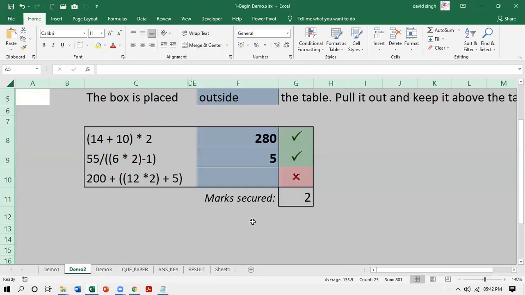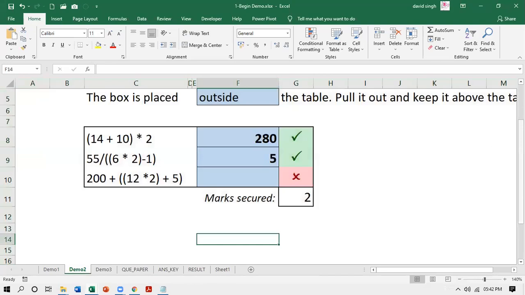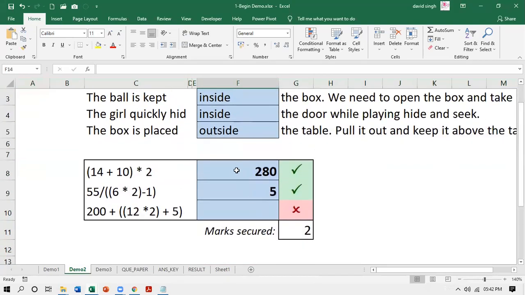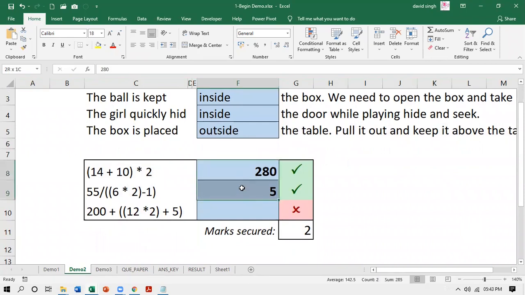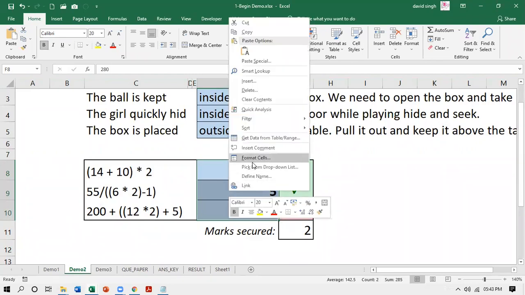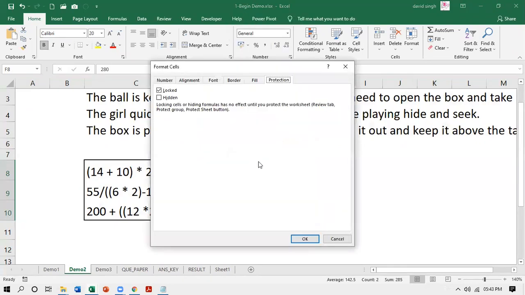Now, in which cells do I want my students to enter the value? These are the cells, the blue colored cells you see. These cells should be open only for the students. The other cells should not be touched. So I am selecting these three blue cells, which the student is going to use, right clicking on them, going to Format Cells, and for these particular cells, I am removing this lock.